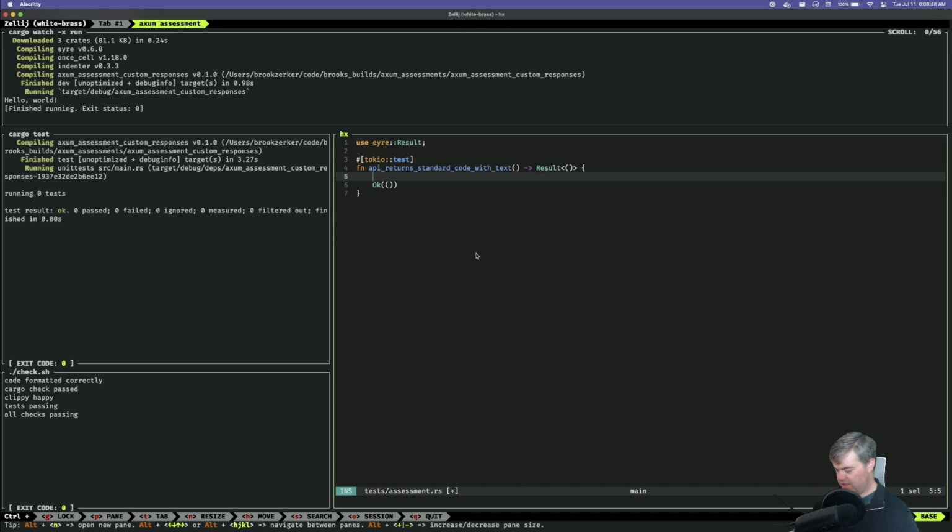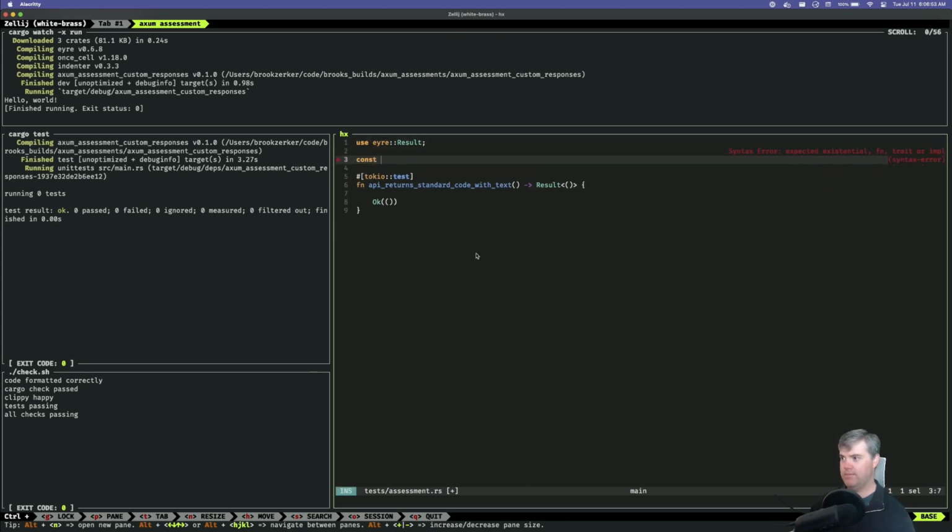Okay, we'll start with the base URL for the API. Once we have that, I can create the URL pretty easily with this one.